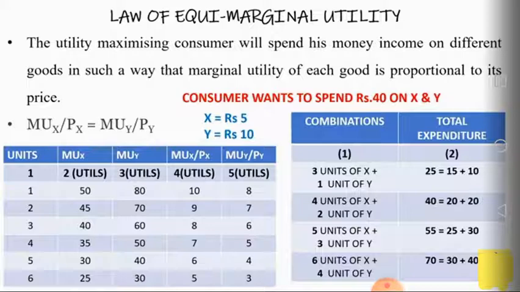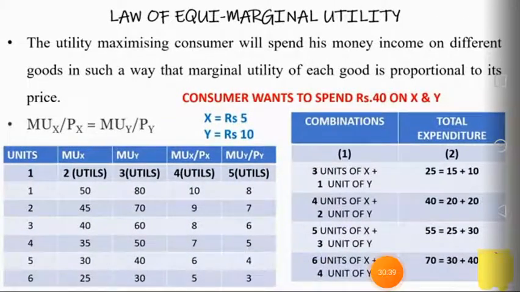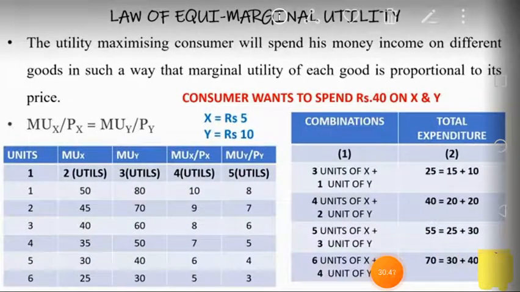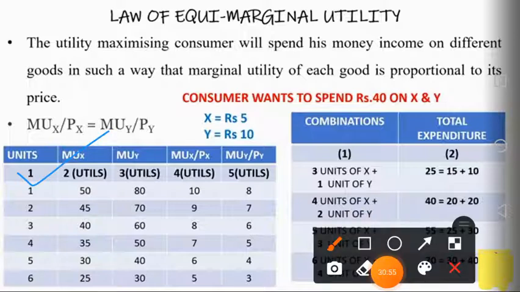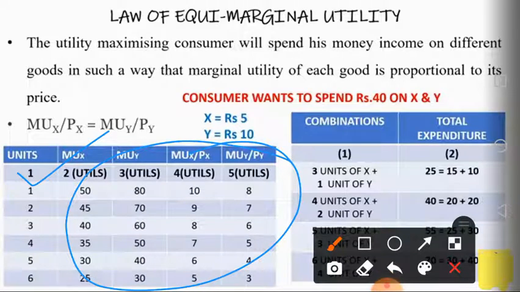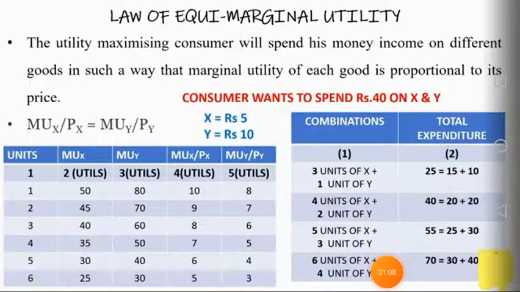So he should purchase such a combination which he can afford. In this situation, the consumer allocates her income in such a way that she receives an equal level of satisfaction from MUX upon PX and MUY upon PY. The consumer will select an option from this table where she is getting more utility after consuming these products, and there are several combinations given. So, as a rational consumer, he'll select the best possible option.